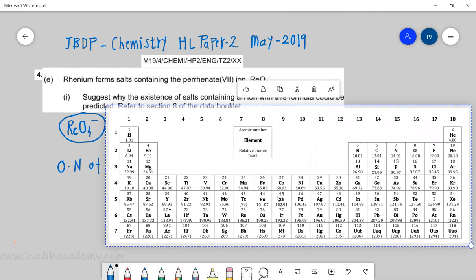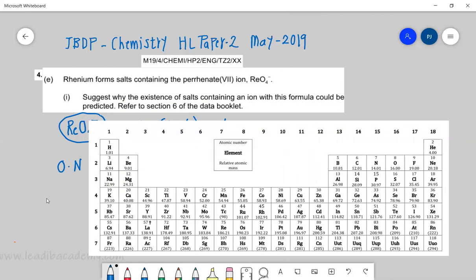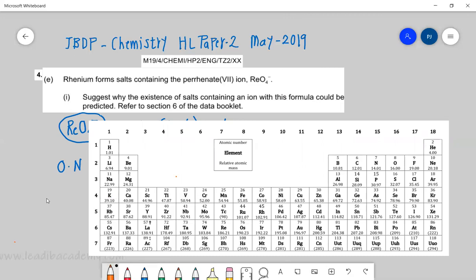Okay, so let me show, this is section 6 of the data booklet. So where is our favorite rhenium? So rhenium, how to trace? It is basically falling under manganese. So it is here. And what is the group number? Straightforward, it is group number 7. Group number 7,